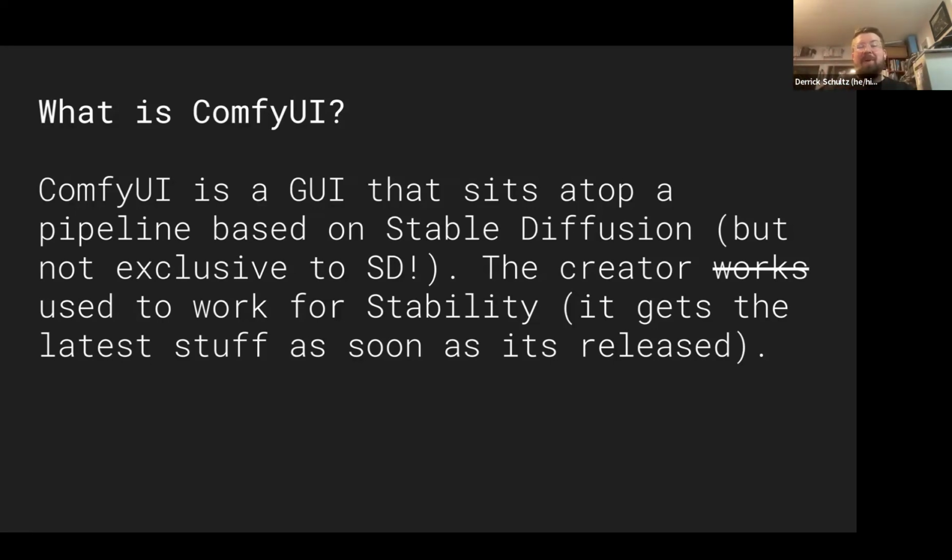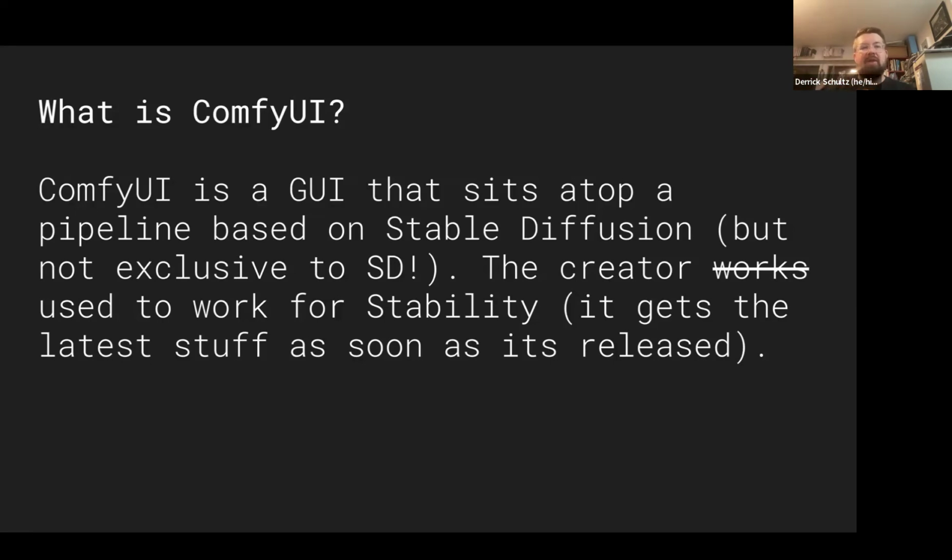The creator, as of a month ago, worked at Stability, but actually left very recently. Now there's a group called ComfyUI, where most of the big maintainers of different Comfy pieces have come together to create a conglomerate, still keeping it open source. They're not going to charge for Comfy at any point, but they've said they plan to make it more like a Red Hat kind of thing, where they'll do consulting for bigger groups. But they're now going to work on Comfy full time. Comfy Anonymous, as he goes by, was working at Stability but did leave, and he was actually working on a bunch of model training.